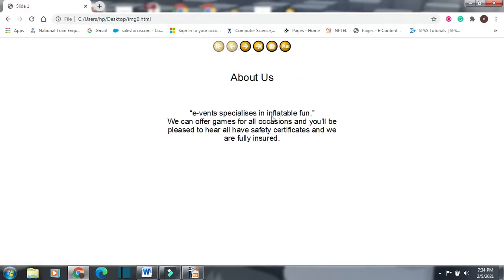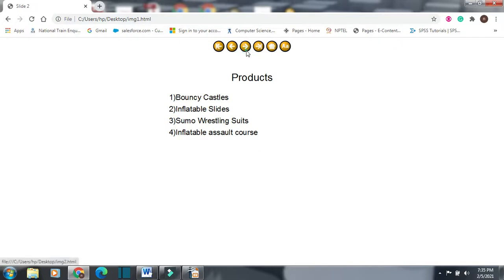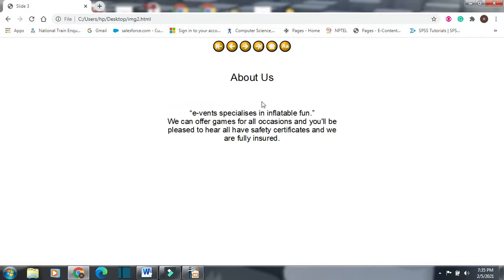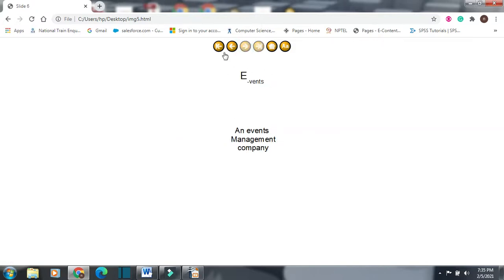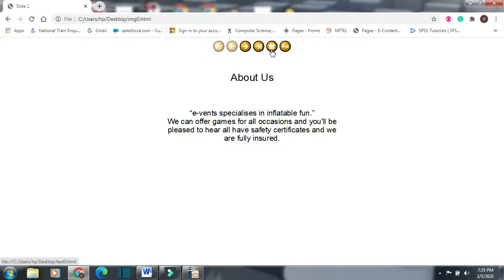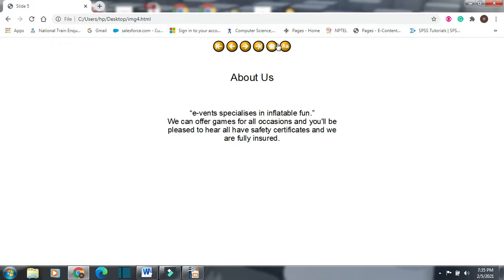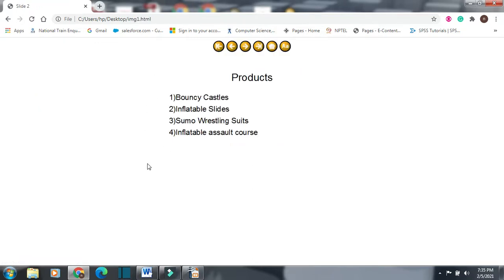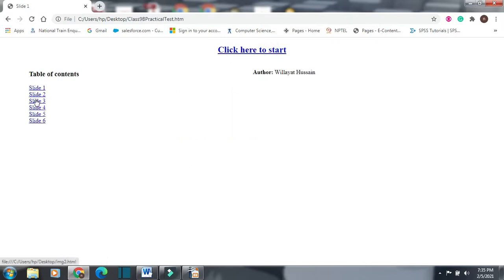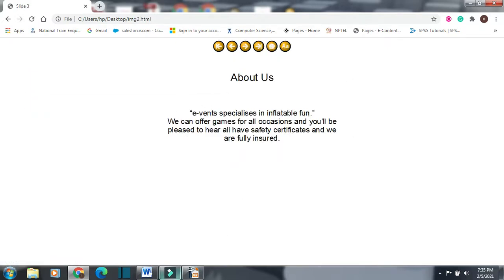Click here to start, and clicking here, this is the first slide, and then we have this second slide, then we have the third slide. It will appear as an HTML document. You can see these are appearing as an HTML document. Okay, this will take you to home. Then you can click on slide 5 like this, then home, then slide 2 like this. So we have created an HTML document, and these are the hyperlinks using which we can come to the next slide.